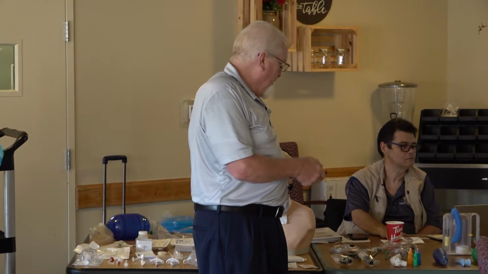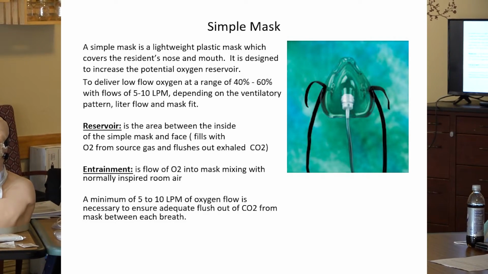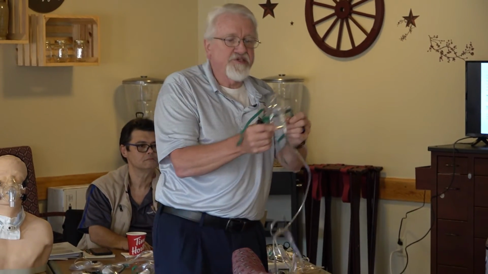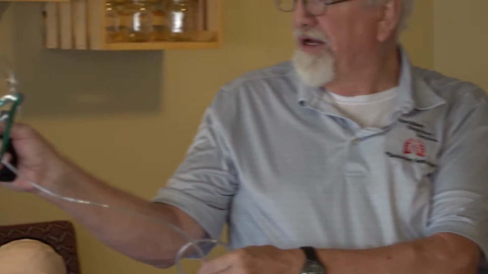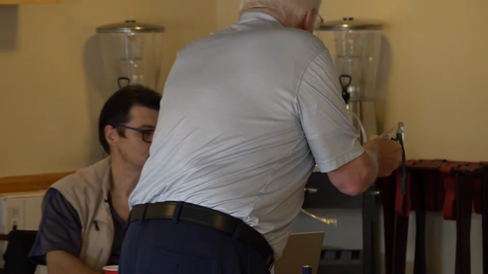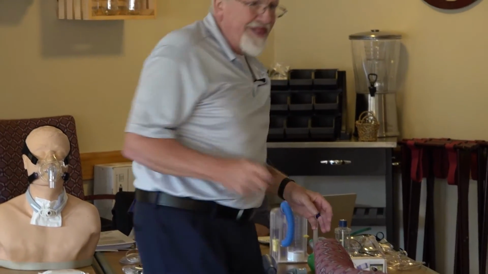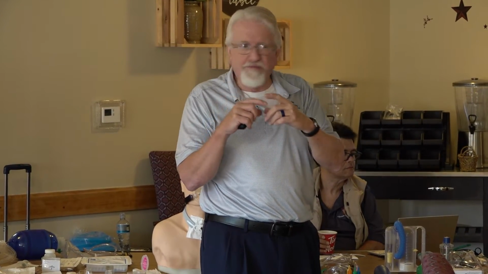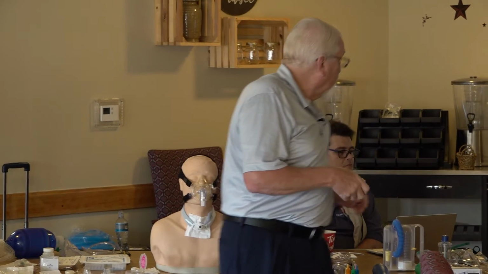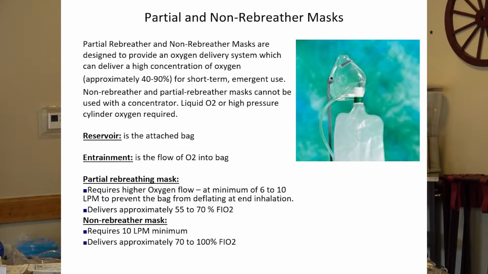And then some of your other basic oxygen providing devices are going to be your simple mask, which basically has the two thumb holes on each side. Okay, and that's going to run your ranges from 5 to 10 liters. You don't want to use any type of mask system less than 5 liters. Reason being, you don't want CO2 building up in that little mask. So 5 or greater is going to keep that flushed out for you. Next is going to be your